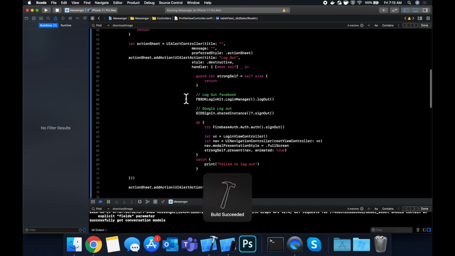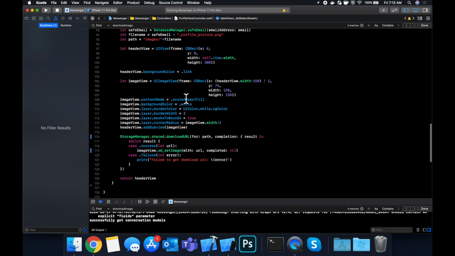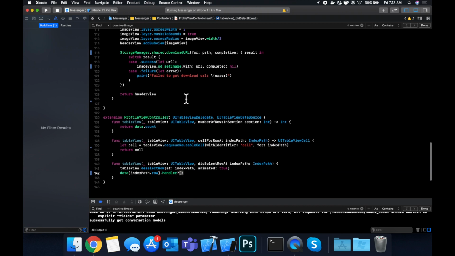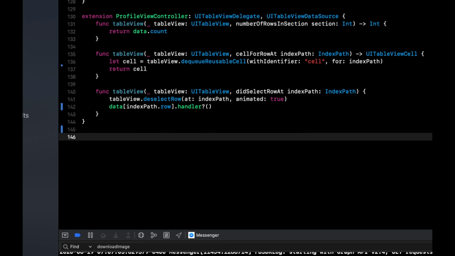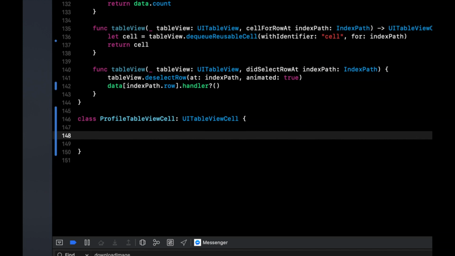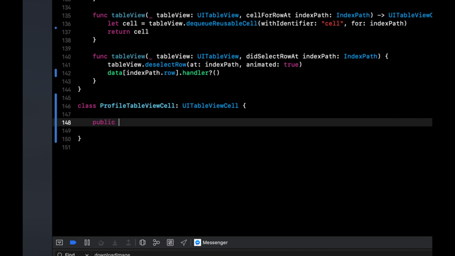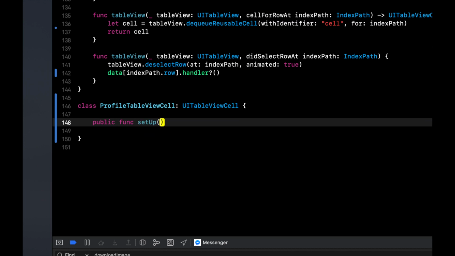But we now need to use this view model to configure our cell. So for that, what we're going to do is we're going to create a subclass of a cell. And let's see if I can get away with doing it right in this class. So we can do class profile table view cell is a UI table view cell. And what we can say in here is public func setup with view model,